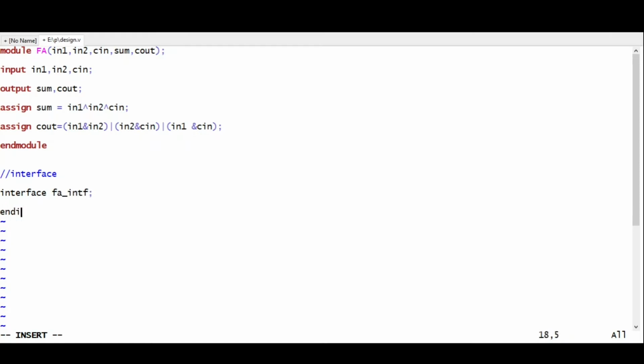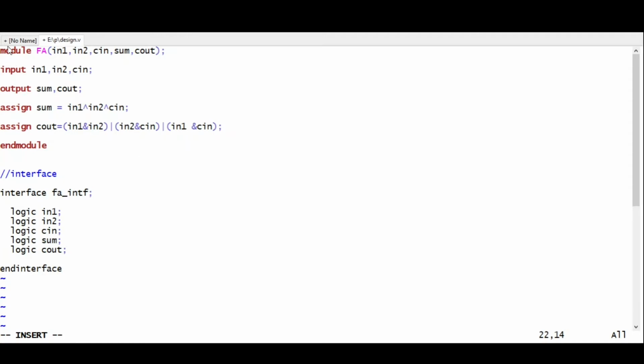Okay, so basically this interface is like a static block. So inside this interface we will just declare our signals, interface signals. So what are the signals? In1 is a signal, then our in2 is a signal, then C in is a signal. So make all these a logic type. I hope that you know why we go for a logic type, and if anyone knows, please let us know in the comment section. Okay, so these are our interface signals. So we made an interface.